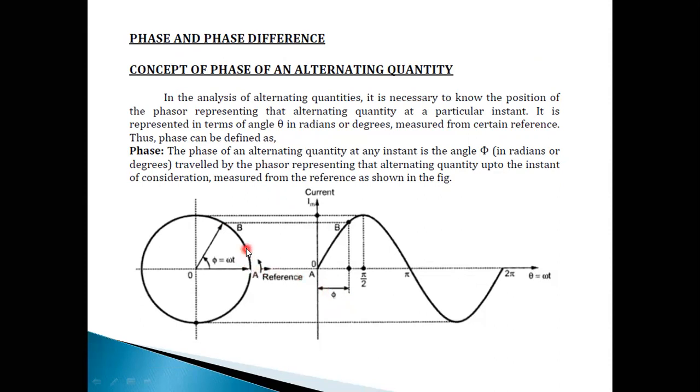And this will be traveled by which thing? Phasor. Observe: the traveling of this entire angle by the phasor, represented with phi, is nothing but phase. We also have phase difference when we have another waveform. If there exists any comparison, there will be a difference. That difference is nothing but phase difference.